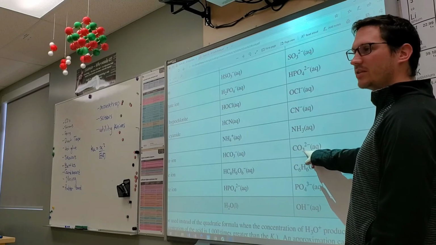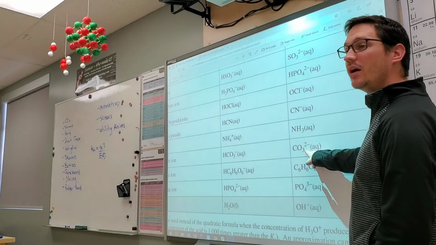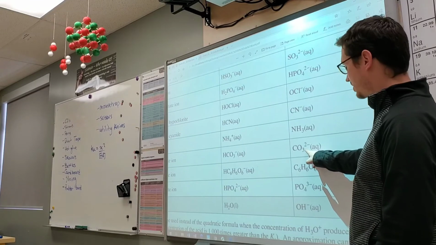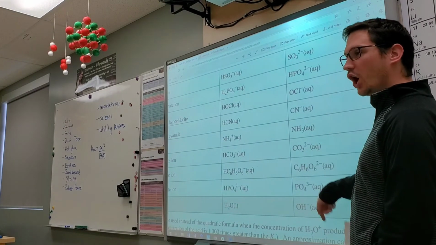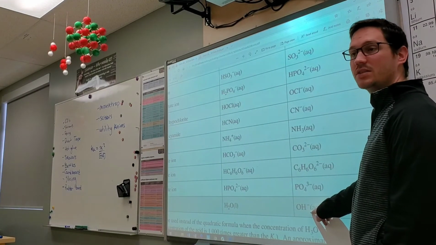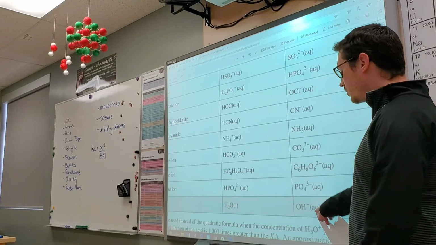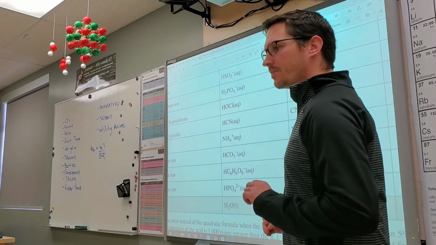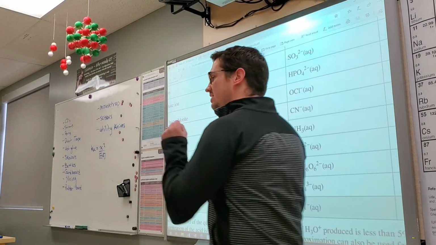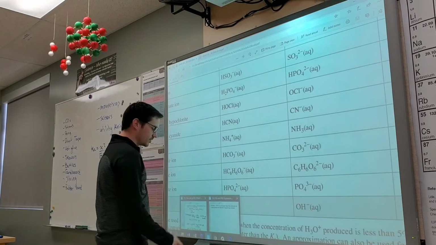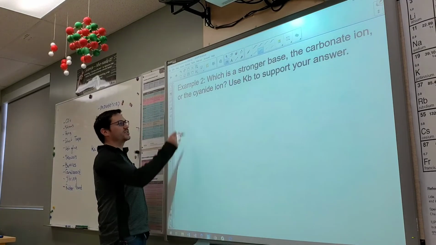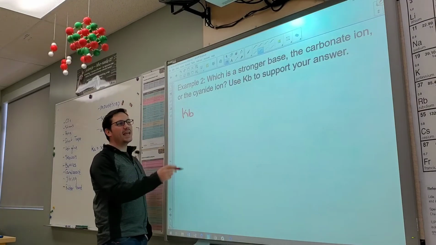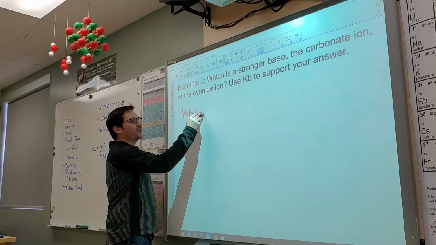Why is carbonate a stronger base? How do you know? Because it's lower on the list. It's closer to hydroxide, right? The closer you are to hydroxide, the stronger you are, okay? Now let's prove it and justify it using Kbs. So the Kb of carbonate,